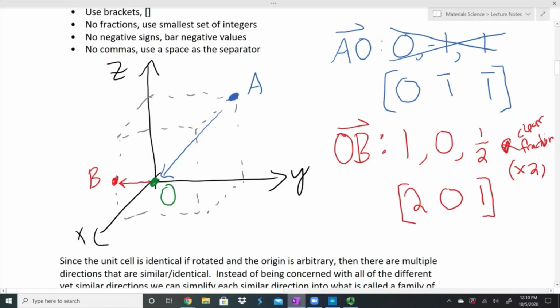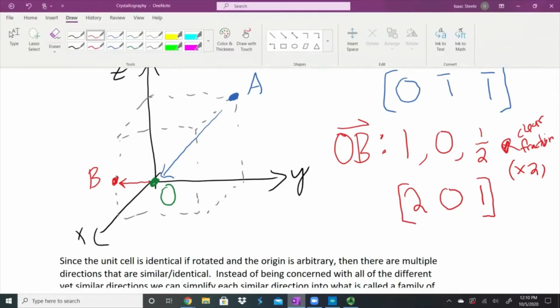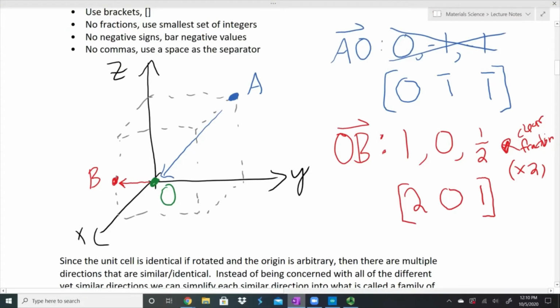I could say, let's see, we'll use green here, what if we went this direction? Or what if we went this direction? They're all going to be identical because remember, there's symmetry in this crystal, and so it doesn't matter which one